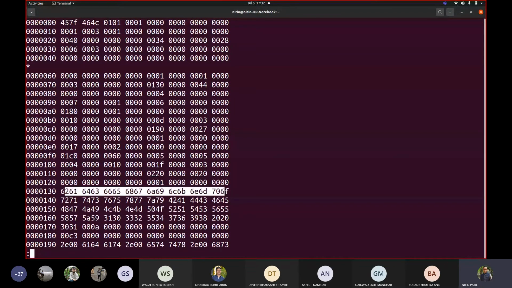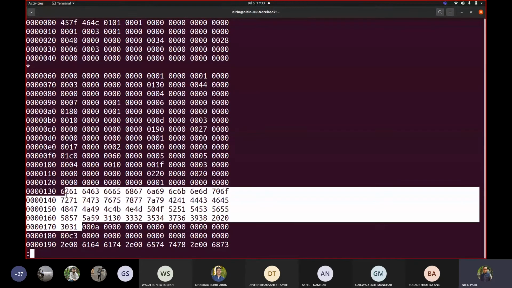See how it is written, 61, 62? It is written in little endian format. Can you see that? 63, 64, 65, 66, 7, 8. Then your capital case characters 41, 42, 43, 44, and so on. Then where it ends, 30, 31, 0 and 1. So see how your numbers are written.